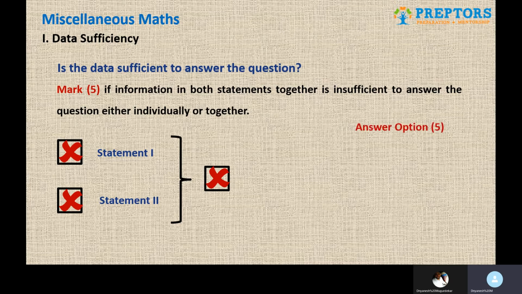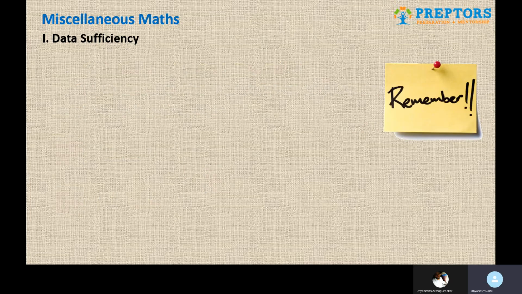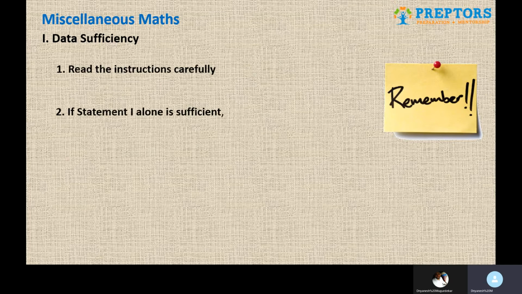Now, once the introduction part is over, a few notes which will help you to simplify this complexity of questions. The first one, which I am talking about constantly: read the instructions carefully, because the answer options may not always be the same. The standard pattern we have explored, but it may not be the same. So you don't lose anything by just quickly reading the options, just to be doubly sure.